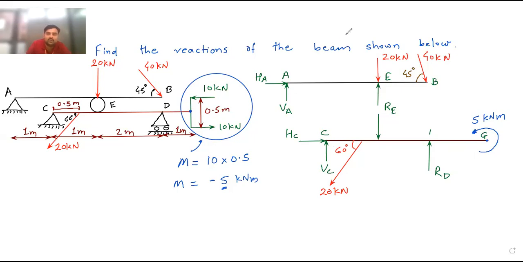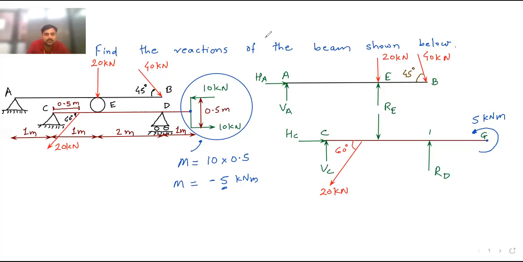Now first of all, I will consider beam AB. So here I will write: consider beam AB. Now I am considering beam AB first. So here you can see in this beam AB, if I take the moment at A equal to 0, moment of all the forces at A equal to 0 here. If I take the moment at A equal to 0, then